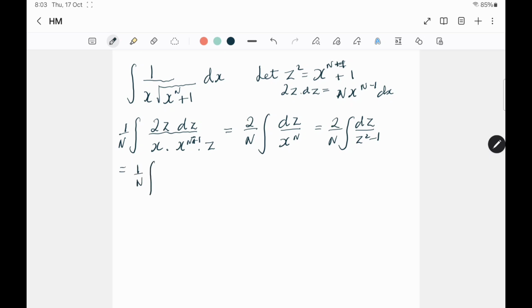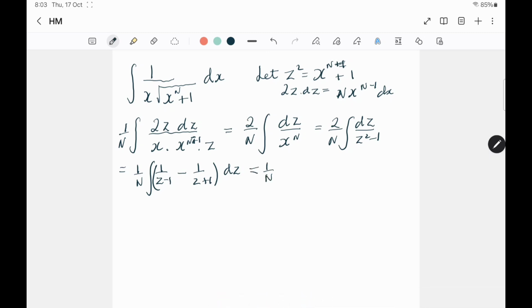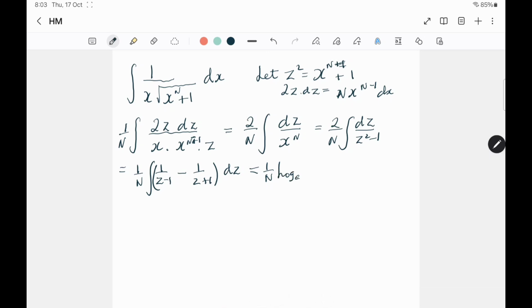That is equal to 1 over n, 1 over z minus 1, minus 1 over z plus 1 dz, which equals 1 upon n, log to base e, z minus 1 over z plus 1, and returning to the old variable, that simply becomes 1 upon n,